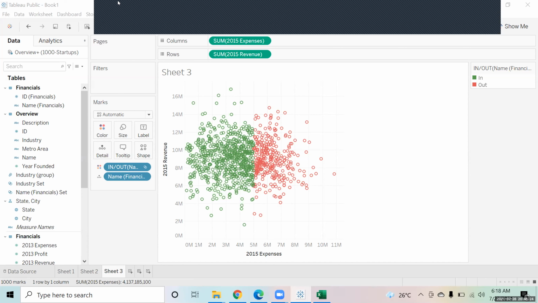For the same year you're asking, 2015? 2015. The same chart, in the same chart, we have to highlight the companies which have revenue of more than 10 million. Okay.